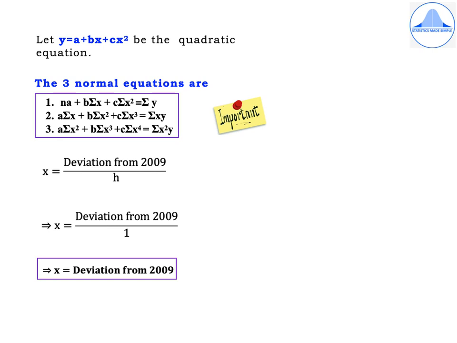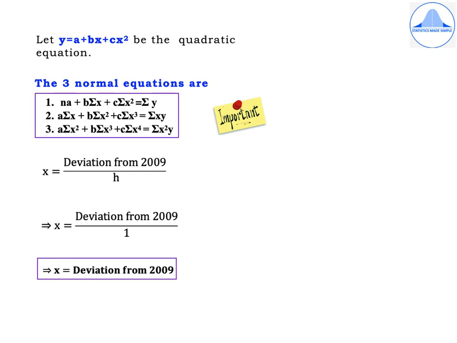So take the first year 2005 subtracted from 2009 and we get the first x value as minus 4. Similarly, 2006 minus 2009 is minus 3 and it continues in this manner as minus 2, minus 1, 0, 1, 2, 3, 4, which gives summation x equal to 0. The x square values are 16, 9, 4, 1, 0, 1, 4, 9, 16. That is summation x square equal to 60. The x cube values are minus 64, minus 27, minus 8, minus 1, 0, 1, 8, 27, 64, which gives summation x cubed equal to 0.